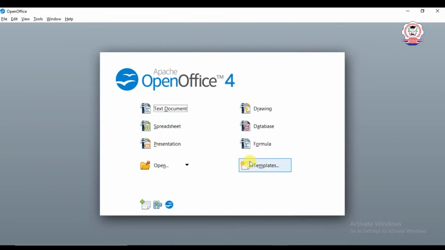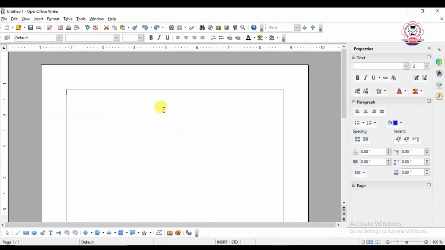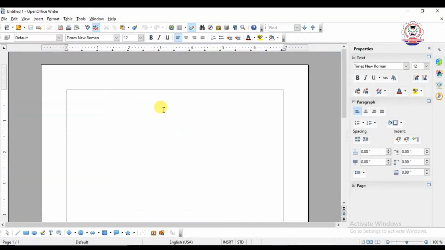Here OpenOffice 4 applications are there. Here first you can select a text document. The new OpenOffice Writer document is also called an OpenOffice text document. The new document will be opened. This is one of the ways to open a document.